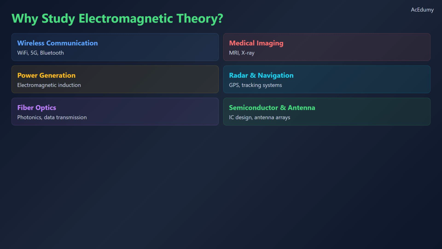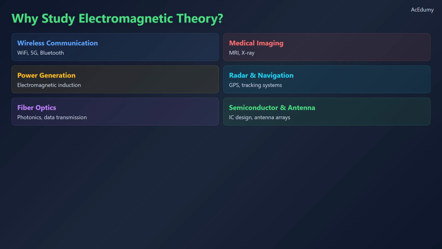Why should we study this? Because electromagnetic theory is the foundation of almost all modern technology. Every wireless signal, Wi-Fi, 5G, Bluetooth, is an electromagnetic wave. Medical imaging techniques like MRI rely on magnetic fields. Power generation and transmission use electromagnetic induction. Radar, GPS navigation, fiber optics, antenna design, semiconductor physics, all of these are direct applications of the theory we will